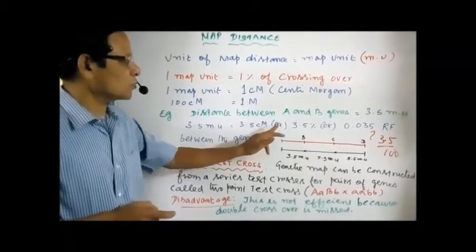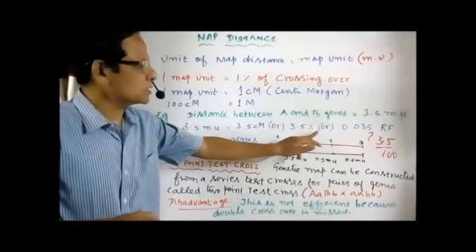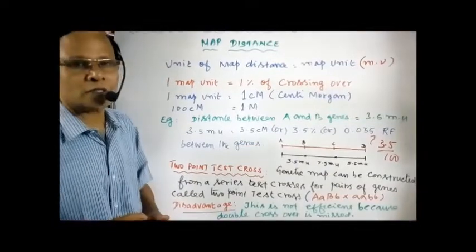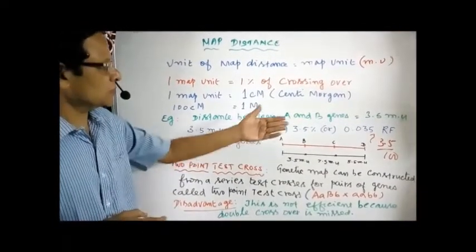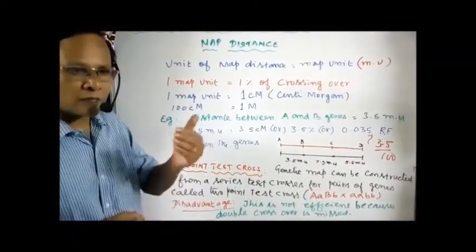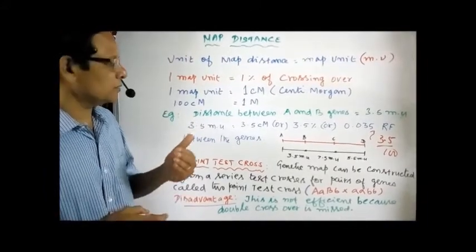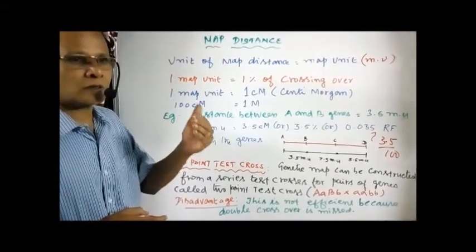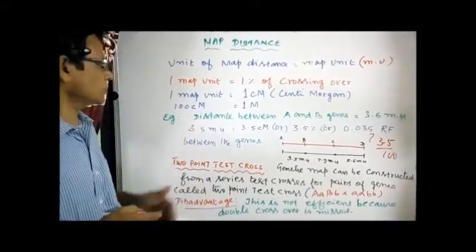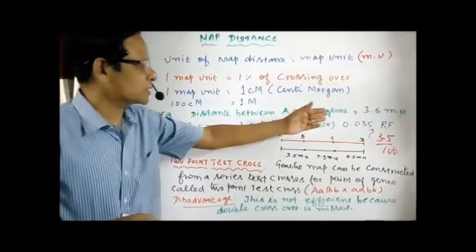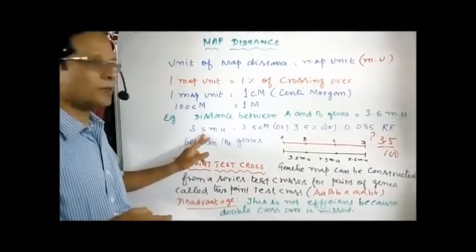1 centimorgan is equal to 1% crossing over, or it is equal to the recombination frequency. Here it is given as 0.05, because for 100 only we are calculating. For 100, if it is 1, then 0.001. So the distance between A and B genes in the problem is given as 3.5 map units,